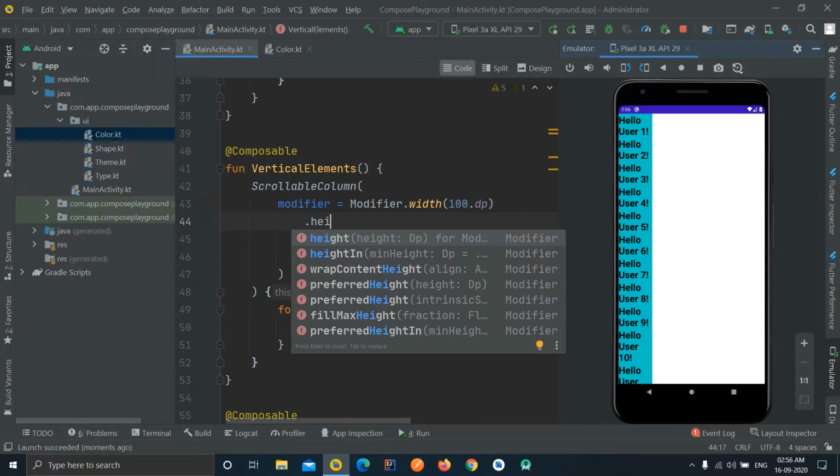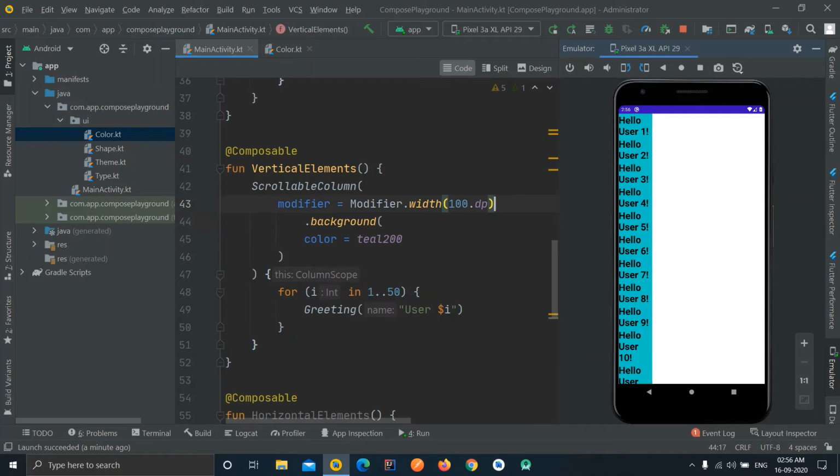So this is the way you can actually provide width, and even you can provide the height attribute over here. So other than that, you have this wrap content height, where it will automatically, this is the default property. Basically, if you don't give any property, it will be the default property. So the layout will be drawn based on the largest or biggest child available.